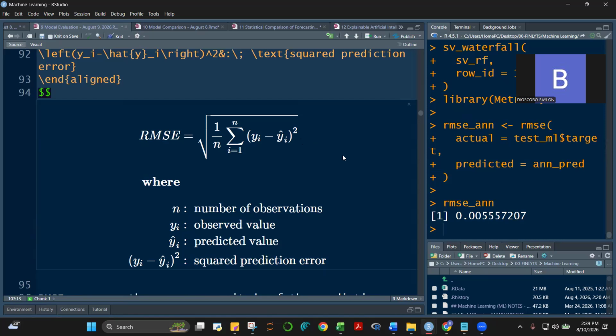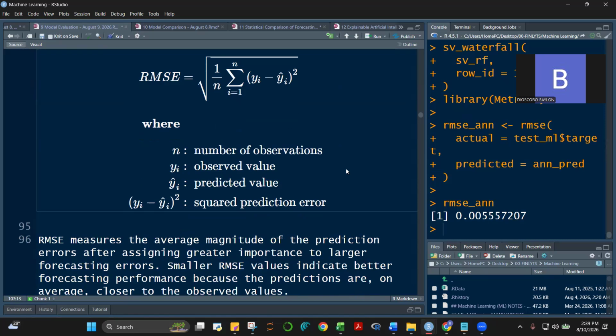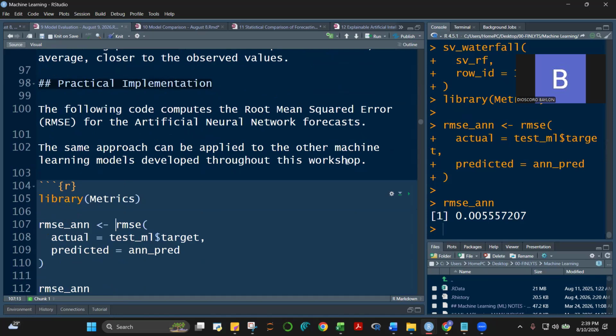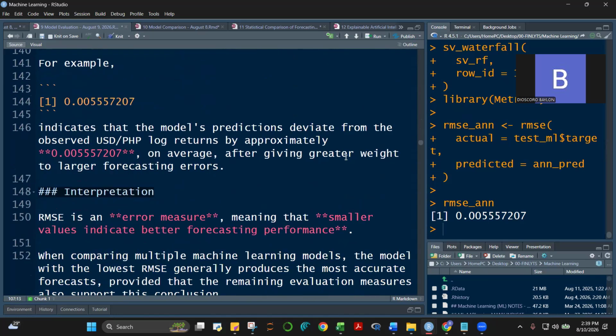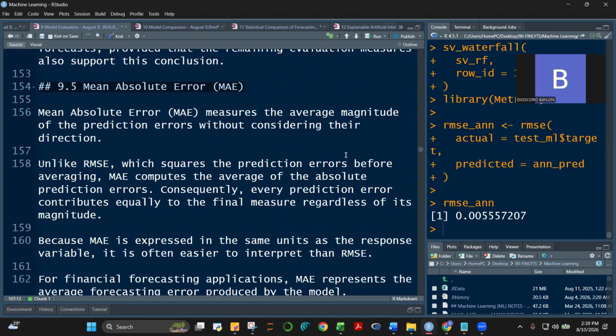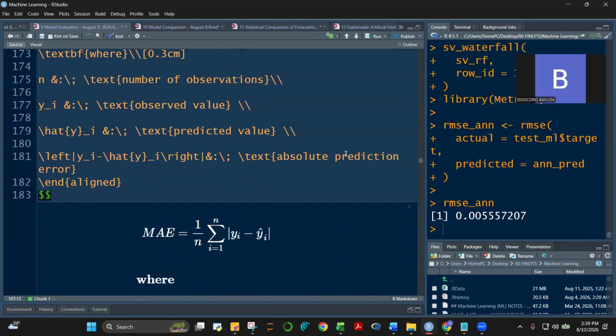So those with bigger residuals contribute more to the RMSE. If you have unusually large outliers, or predictions that are really far off from the actual values, then your RMSE will be a bit higher than your MAE.